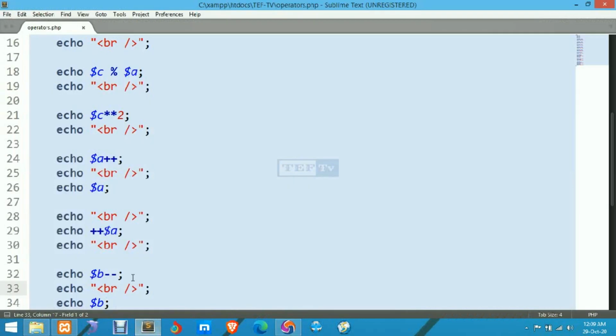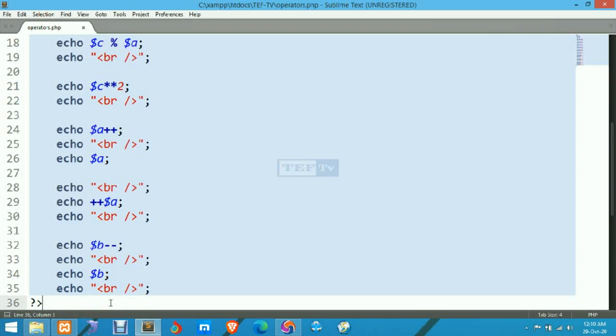second step. As earlier I told you that we are printing the value of B, then we are decreasing its value by 1. When we printed this one, it actually printed the actual value which was 4. After decrement, its value became 3. Now as we use echo function at this stage, this generated the resulted answer 3.